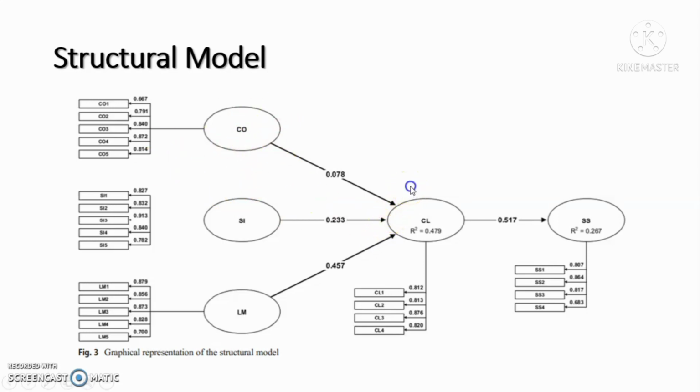We see that the R-squared for collaborative learning is 47%, and the student satisfaction is 26%, which is proven to be significant as stated by Chen in